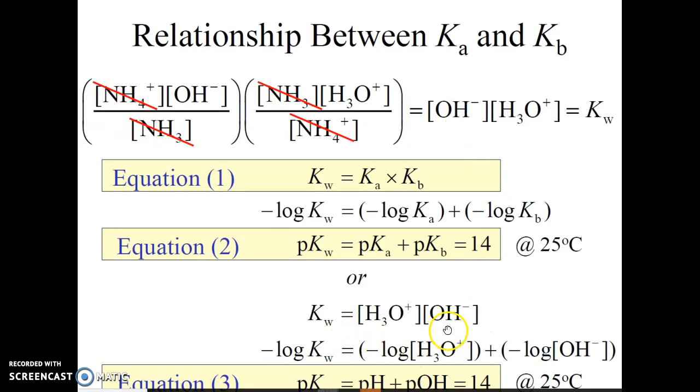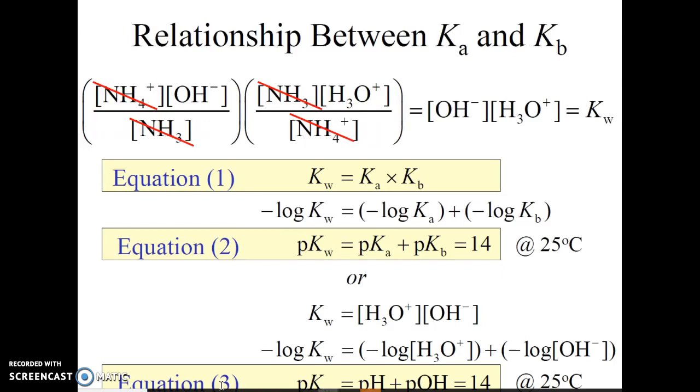And again, if we take that equation and take the negative log of both sides, we end up with pKw is equal to pH plus pOH, which again is constant at 25 degrees Celsius and equal to 14. So all of these equations, equation 1, 2, and 3, are true equations, but keep in mind that equation 2 and 3 are only true at 25 degrees Celsius. At higher temperatures, or at lower temperatures, either one,